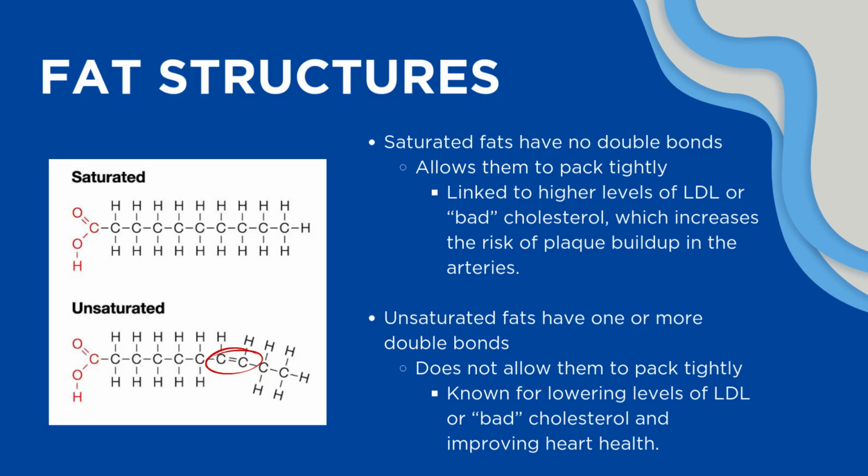As you can see in the image on the left-hand side, saturated fats have no double bonds, while unsaturated fats have at least one double bond. Because there are no double bonds in saturated fat, it gives them a linear structure, which allows them to pack tightly together and also makes them solid at room temperature. Also, saturated fat has been linked to higher levels of LDL or bad cholesterol, which increases the risk of plaque